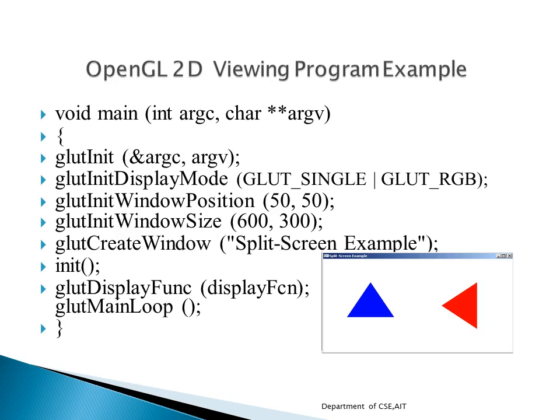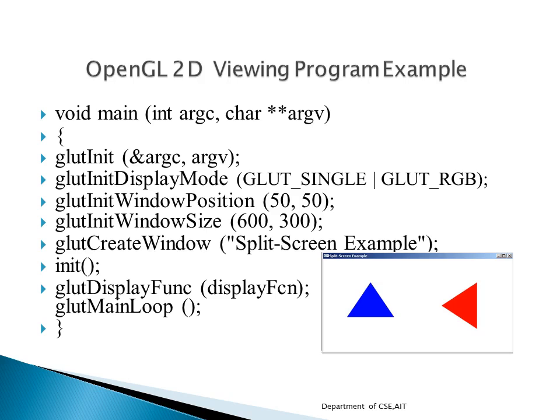You can see that we are using an OR symbol. You can use multiple symbolic constants like this, and you can go for ORing them. That means all their effect will be reflected in your output. Then I am having glutInitWindowPosition. So the initial window position is given by the value 50 and 50. And then we have glutInitWindowSize. The total window size will be equal to 600 by 300.